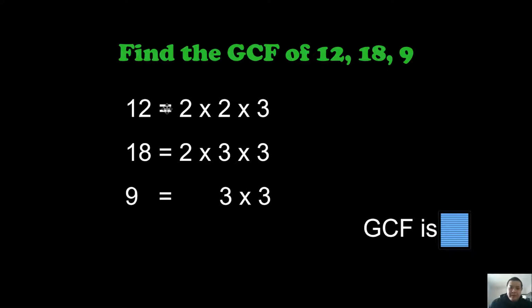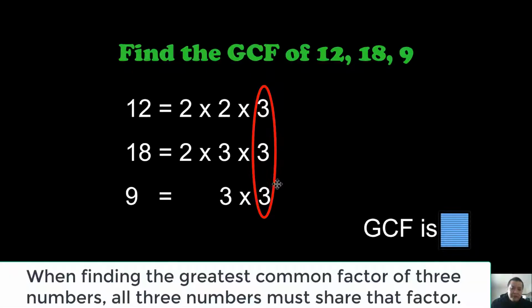And we can see from here that while 12 and 18 have 2 as a prime factor, 9 doesn't have it, so that can't be common. What they do have in common is this 3 and only that 3. So therefore, the greatest common factor is 3. Alright, so